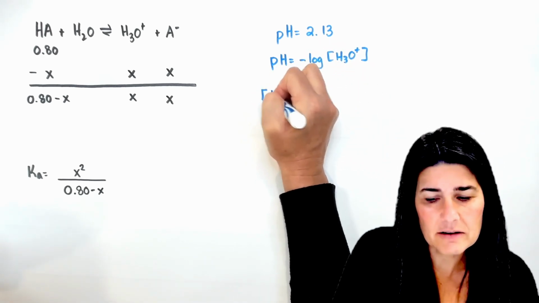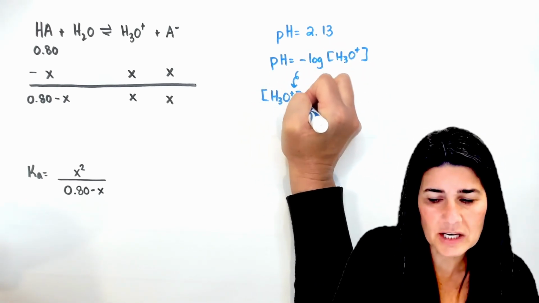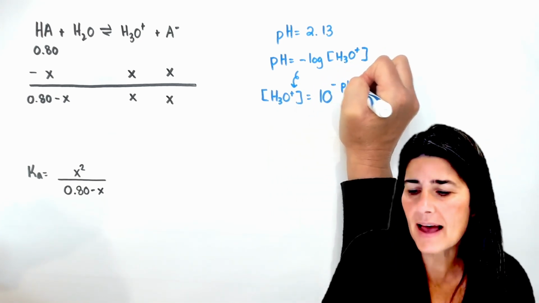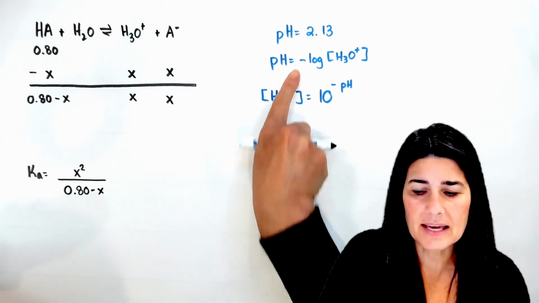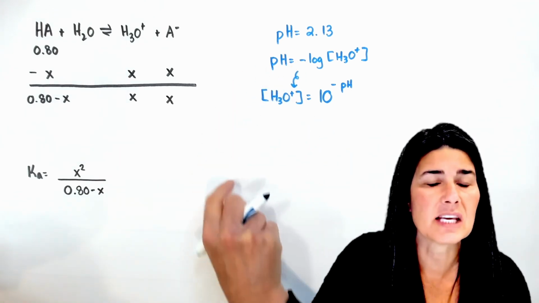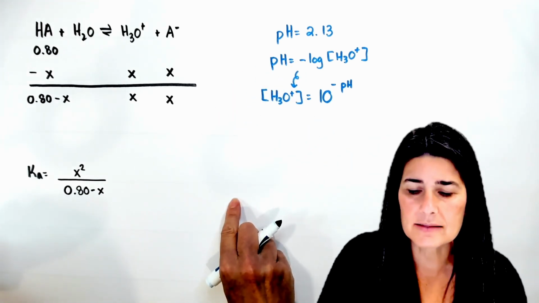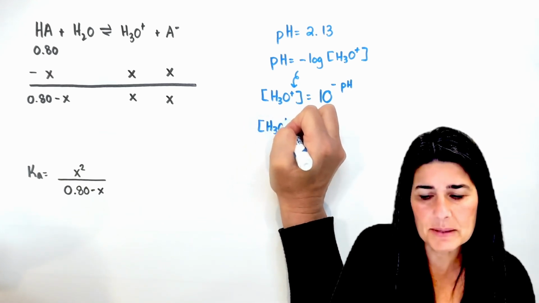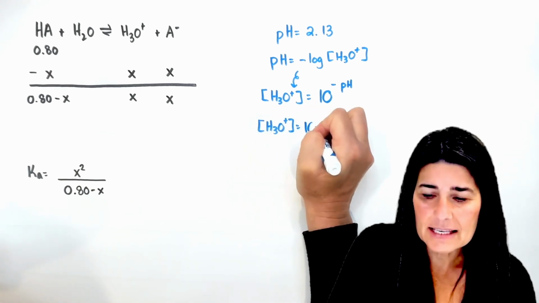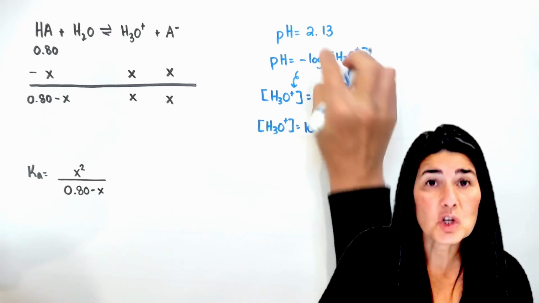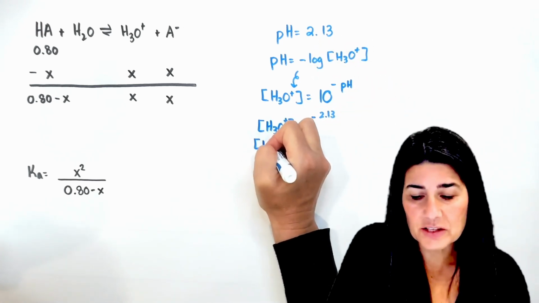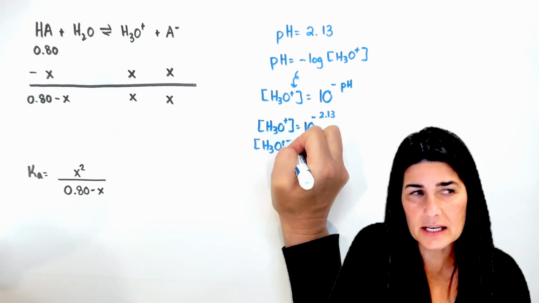I can create a formula that my hydronium should be 10 to the negative whatever that pH power is. Again, I brought the negative over and took the inverse log of both sides. The hydronium in this circumstance happens to be 10 to the negative 2.13. That gives me a hydronium concentration right here of